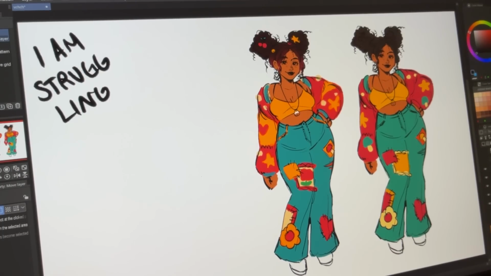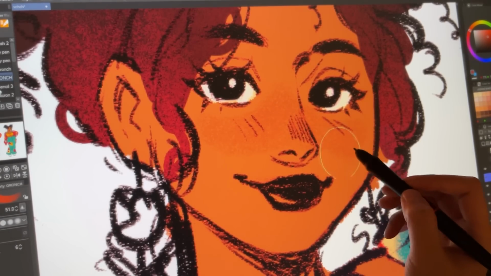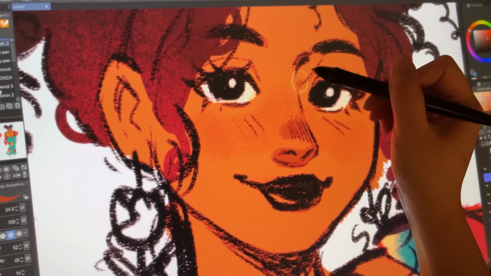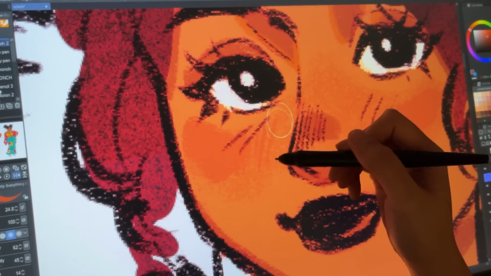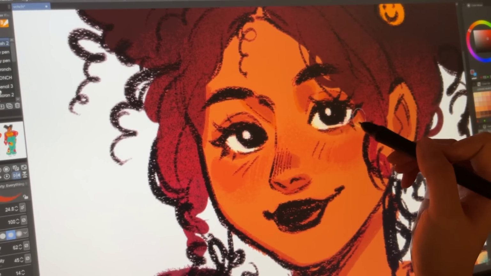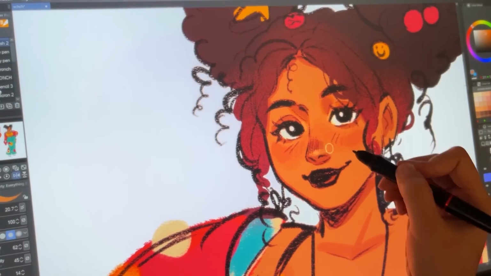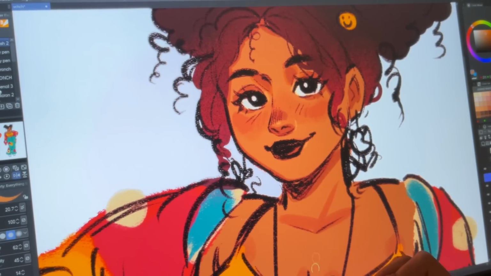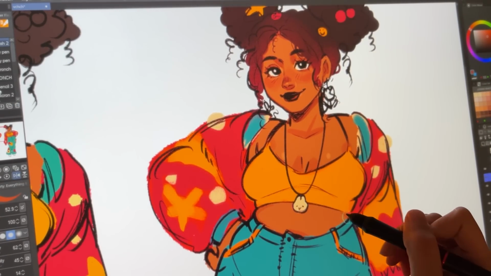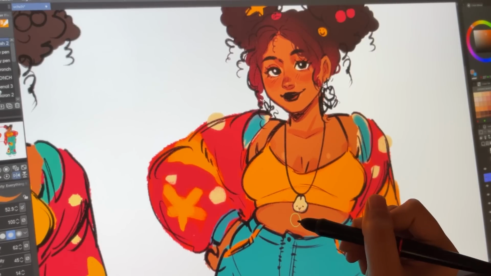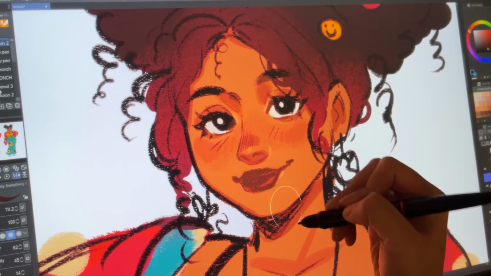And you will see here that a lot of the coloring actually happened off screen, and that is because choosing the colors was the thing that I struggled with the most. The color scheme was giving me the biggest headache ever, and every time I tried to record it, I was spending way too long on it, and I was like, this wouldn't be interesting to watch. And so I just didn't include it in this video. Plus, I just hate looking back on it because it's so frustrating. Remember how I said that I wanted her to have a bubblegum and watermelon vibe? Well, I tried and it just didn't turn out so great.